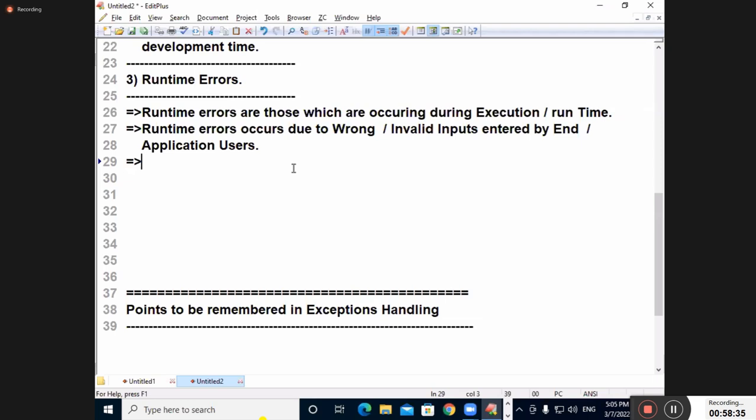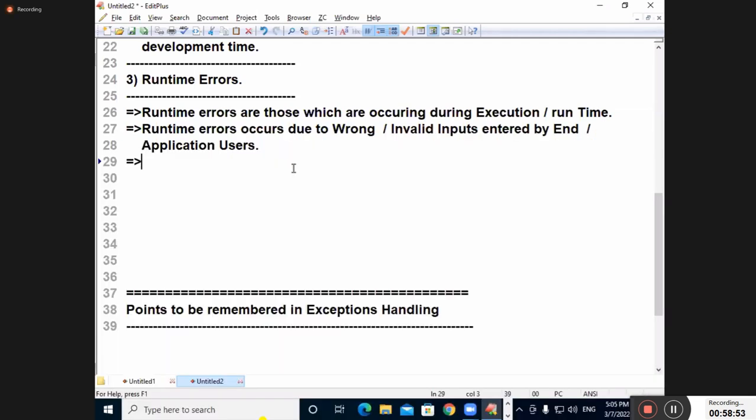Coming to the point of it, what am I going to say? The word called forecasting knowledge. What do you mean by forecasting knowledge? When I'm releasing my project after one year, from today onwards I'm going to study which mistakes the end user is committing. Those mistakes I will address in my project.